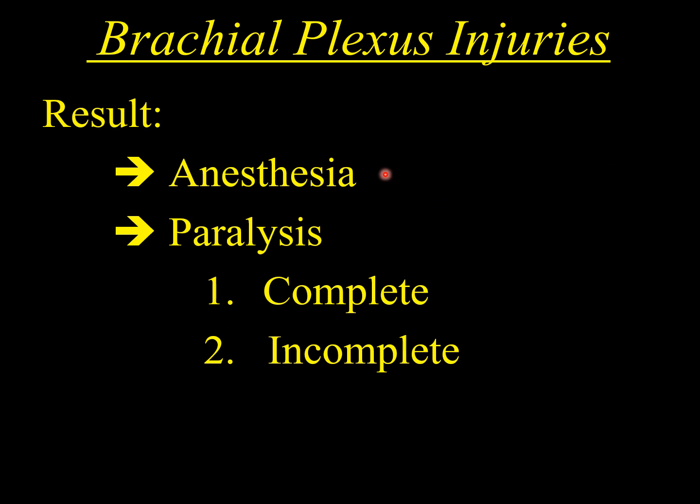Or maybe the muscle will not perform its function. There will be motor loss known as paralysis. So it can be complete paralysis or it can be incomplete depending upon how much plexus is damaged. If the main nerve is damaged, it can cause complete paralysis. If it is partial, then we name it incomplete. That is, if 50%, 60% of the muscle fibers are working, then it will be known as incomplete paralysis.